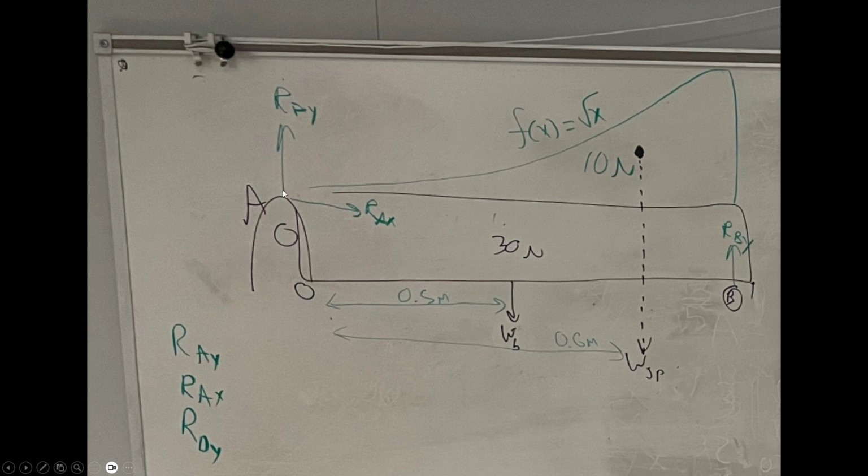The actual ruler itself is going to have 30 newtons of force, which, if we assume that it is a uniform ruler, is going to be exactly applied at the halfway point of the ruler, 0.5 meters away from where we can actually have a moment or a torque. That will be called WB, or W bar, for the weight of the bar. And then for our special object, WSP,